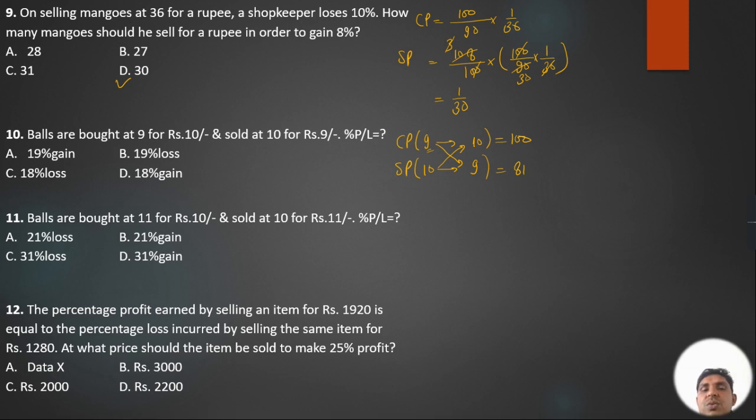So you have two values, cost price is 100 and selling price is 81. What is greater? Cost price is greater, so you will get a loss here, and the percentage loss will be calculated. The difference between these two values is 19, and percentage profit and percentage loss are both always calculated on cost price. That means divide by 100 and multiply by 100. So students, you will get the answer, that is 19%.